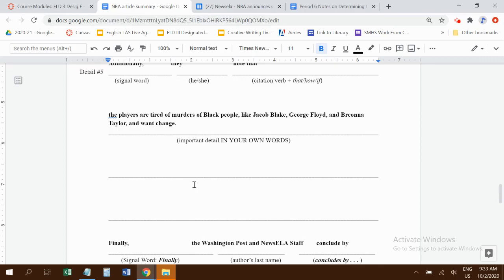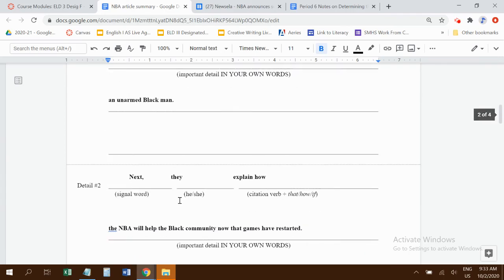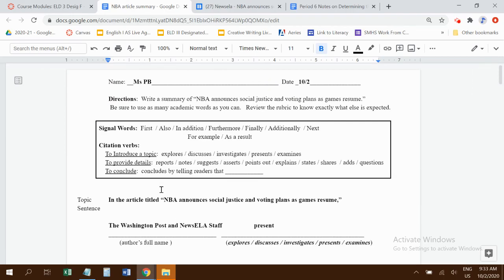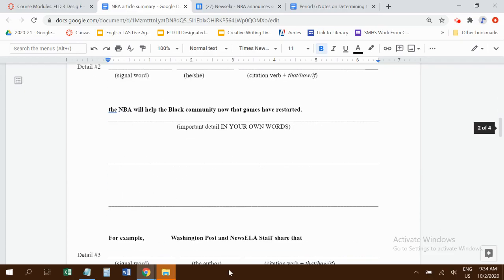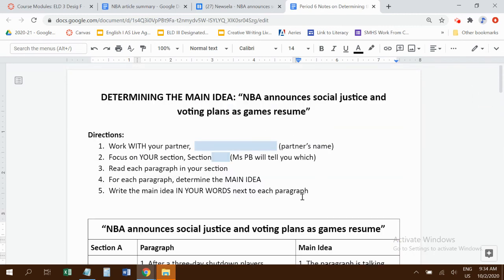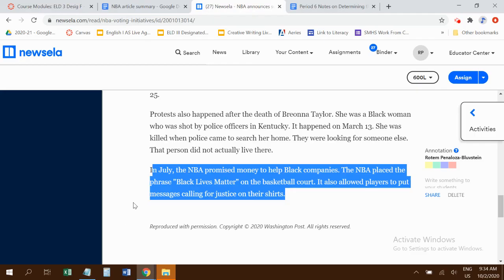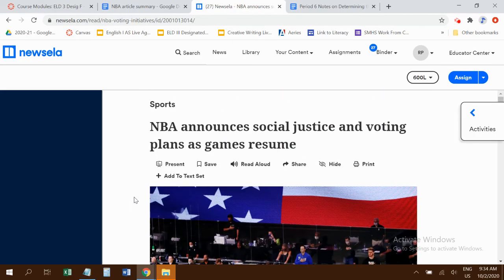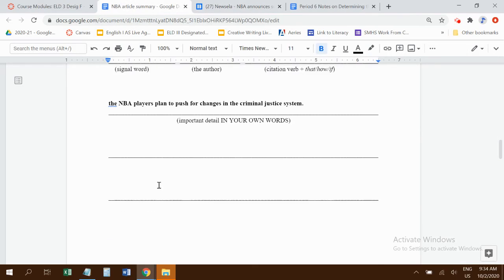So the next step for you all is to try this yourself and then turn it in. If you have been doing this while watching the video, huzzah for you. I do recommend trying it by yourself using your own notes, your own words on the NBA article as well as the article itself. Let me know if I can help you, and please let me know what questions you have,